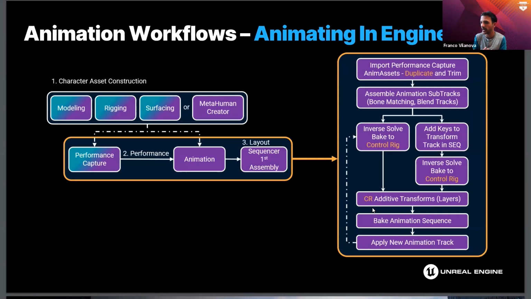We start creating layers on our control rig and fix things like, for example, there's interpenetration in one of the hands. There's some slide movement that we need to fix a little bit, et cetera, right? And we end up, and this is very important for everybody to understand because it's almost critical that we end up with a finalized sequencer